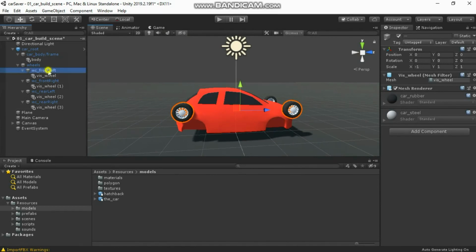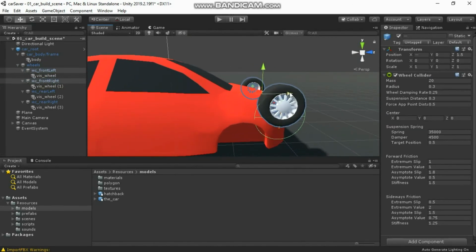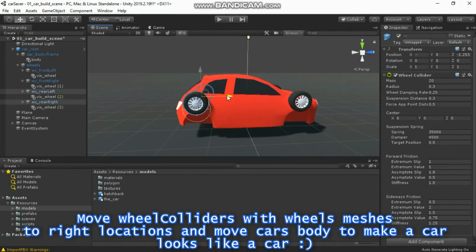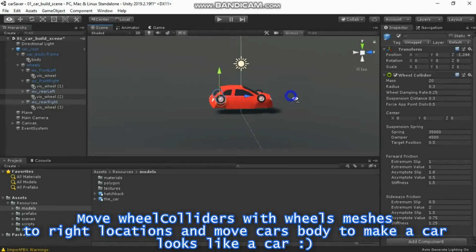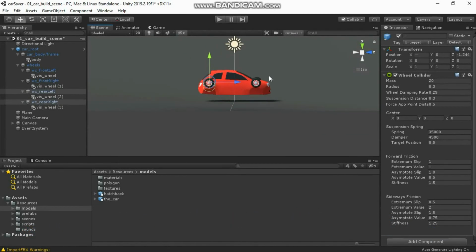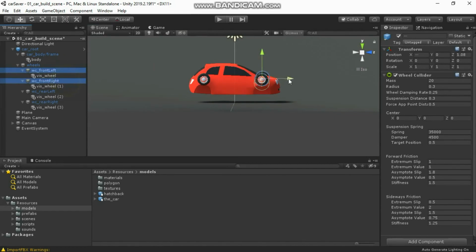Now we need to put the objects in the right locations. Try to align the wheels to the body arcs. If you have blueprints of a specific car, place the wheels according to the blueprint's dimensions. My vehicle is abstract, so I will arrange parts as seems good to me. To avoid mistakes, I suggest moving wheels by 2. Pay attention to move the wheel colliders, not the meshes of the wheels.